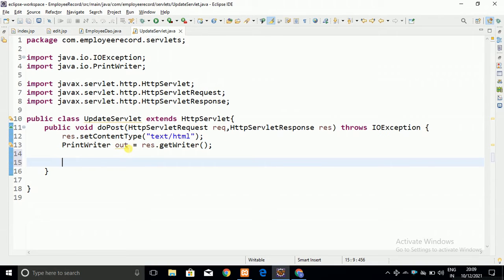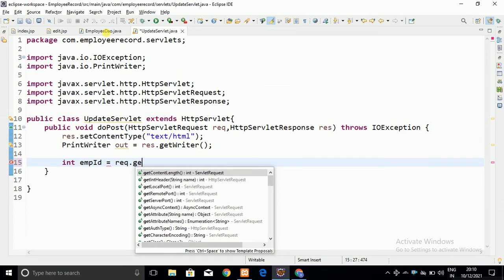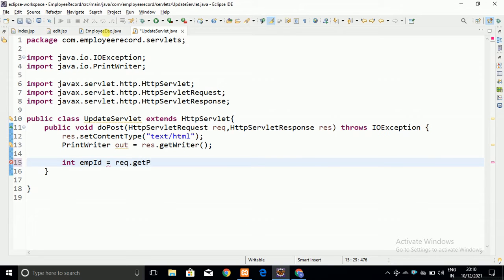Here I have to get all the details from the form on the edit.jsp page. Let us go into the edit.jsp page. We are getting the ID here.